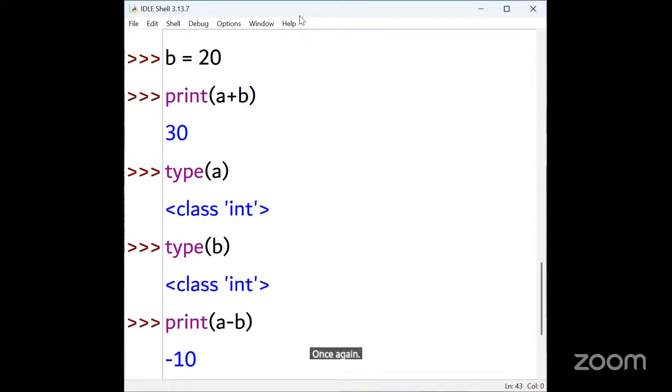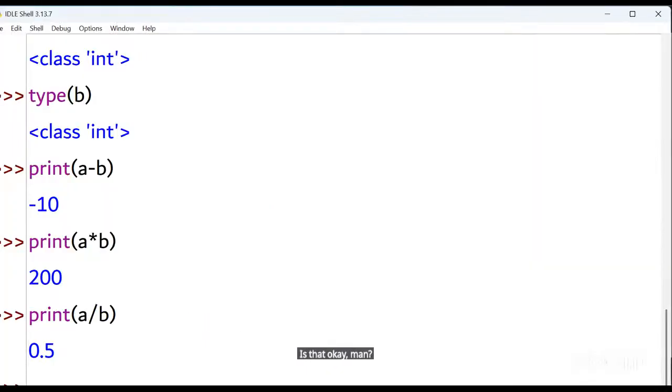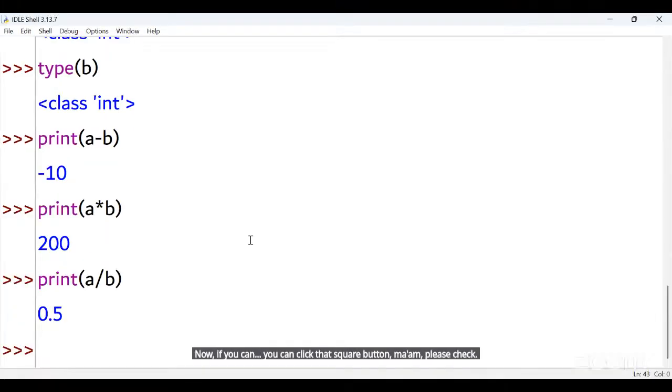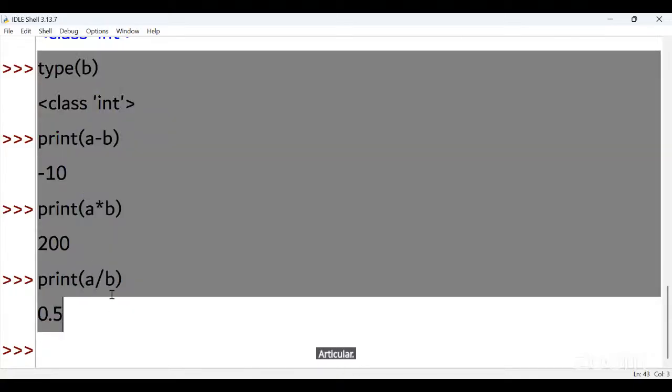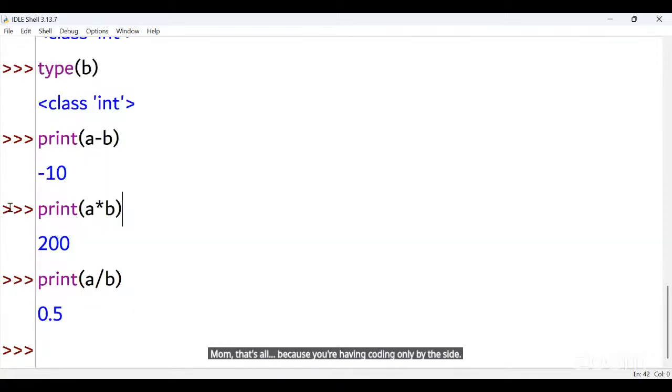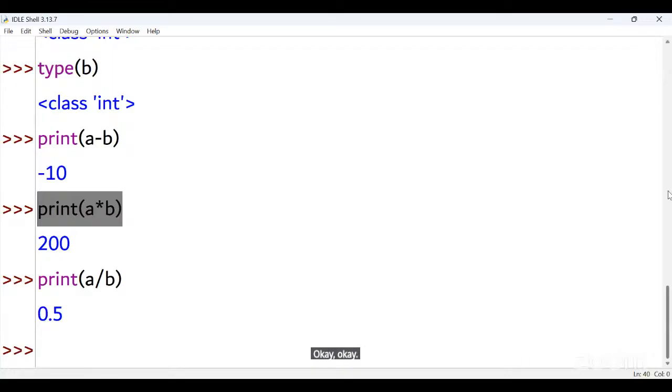Is that okay, ma'am? Now, if you can click that square button, ma'am, please check what will happen. Ma'am, that's all because you are having coding only on this side.